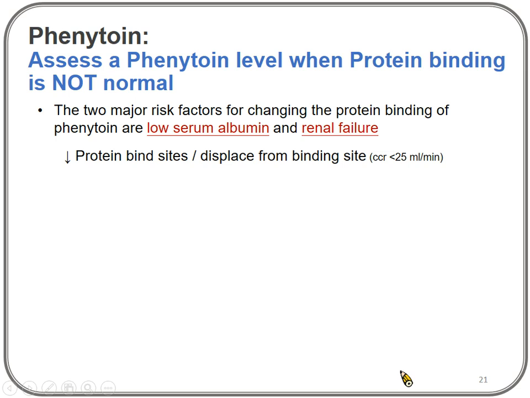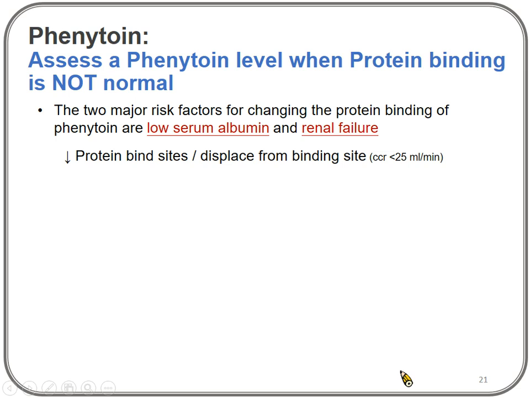And why is that? Because when either situation happens, if the patient has a lower level of serum albumin, or the patient has a creatinine clearance less than 25 milliliter per minute, then that decreases the available protein binding site, or